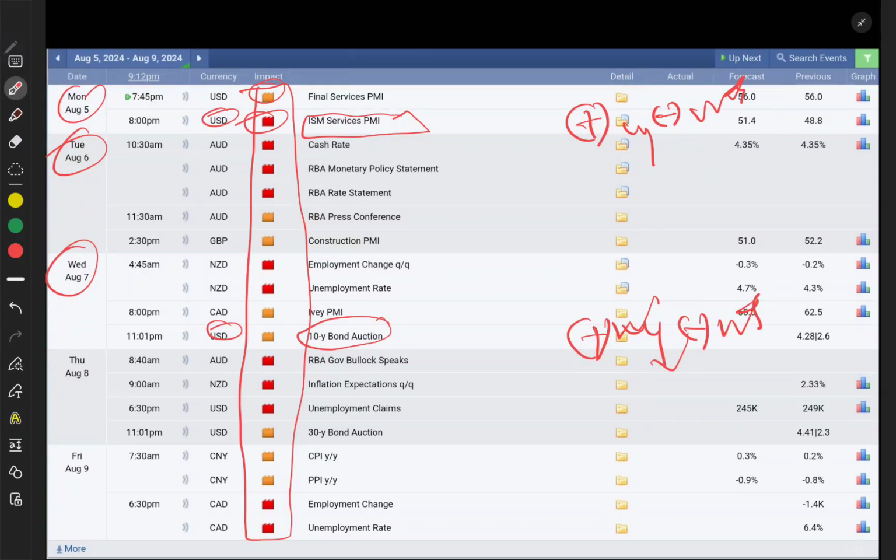Okay, and on Thursday we have unemployment claims. That means huge impactful news, or this is major news. So if data come with positive, we will sell gold. If data negative, we will buy gold. Okay, and finally on Friday we don't have any positive news or negative news for USD, so we will see the market movement, and we will take the buy and sell with technical analysis.